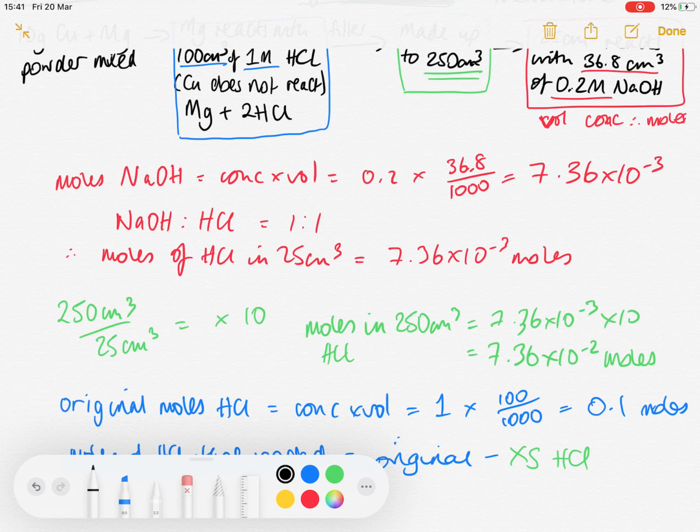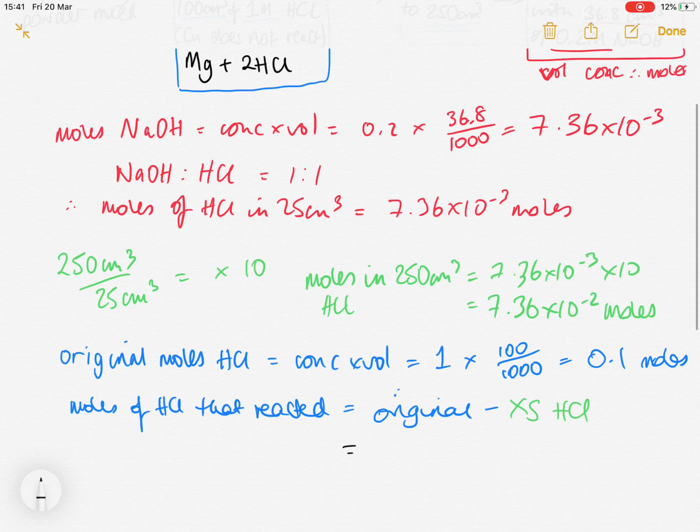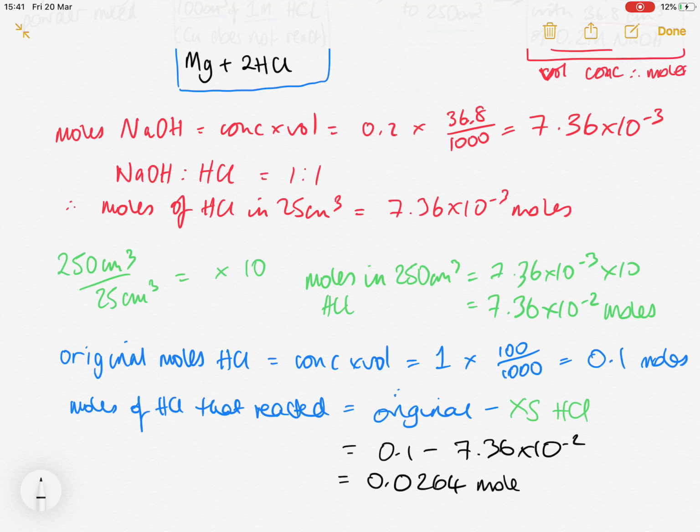I'm going to switch to black. And so we have 0.1 minus 7.36 times 10 to the minus 2. Sorry about that, all fingers and thumbs on my calculator. And that comes out to be 0.0264. That's how much HCl reacted